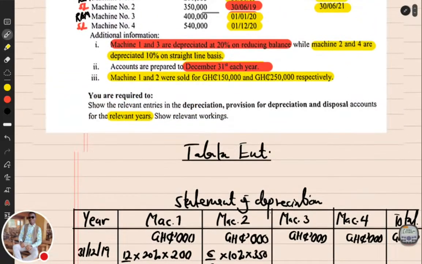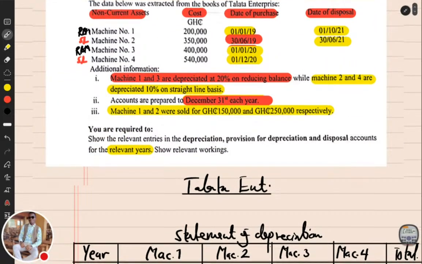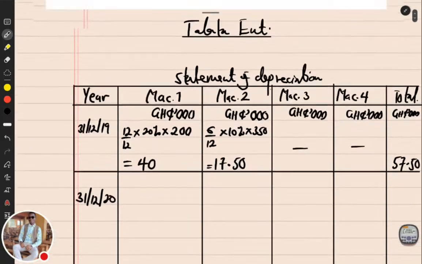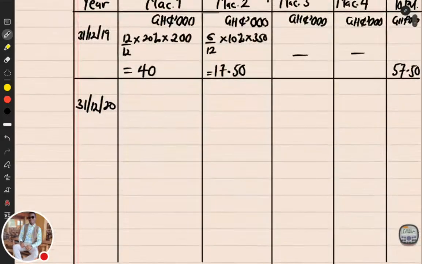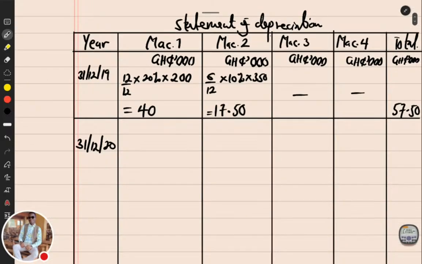Then we move on in that manner once again. So realize that machine 1 is still in existence. It hasn't been sold. As of 2020, we are still using it. So you provide depreciation for it. The same thing, you will have a full year depreciation for it. But note that machine 1 is depreciated using the reducing balance method. So I will still have 12 over 12 year multiplying